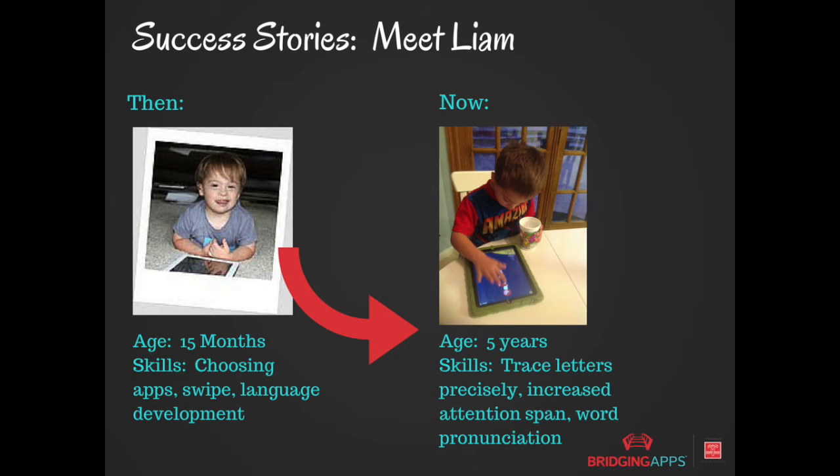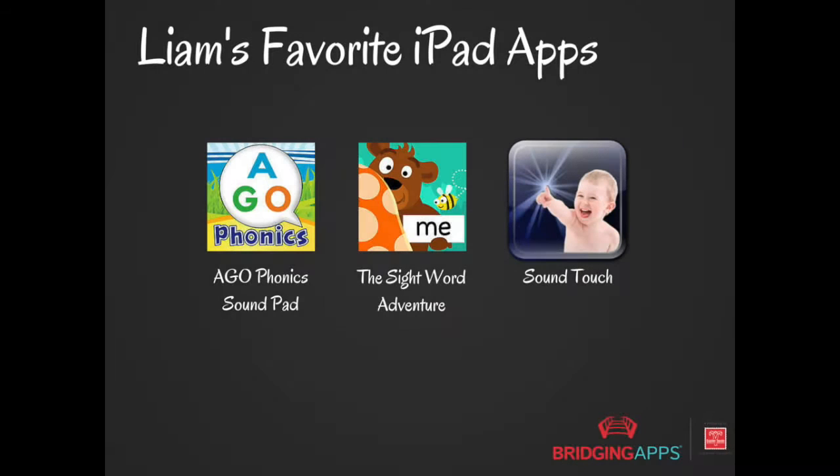He's shown so much progress, specifically with his ability to trace letters much more precisely. His attention span, both in trying to figure out a game and how long he sticks with an activity, and his pronunciation has also improved. Some of his favorite apps are Ago, Phonics, SoundPad, and the Sight Word Adventure. Liam has come so far, and as a parent,